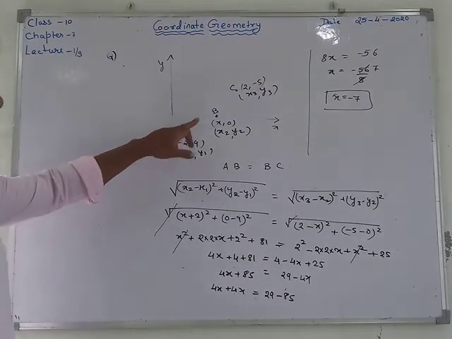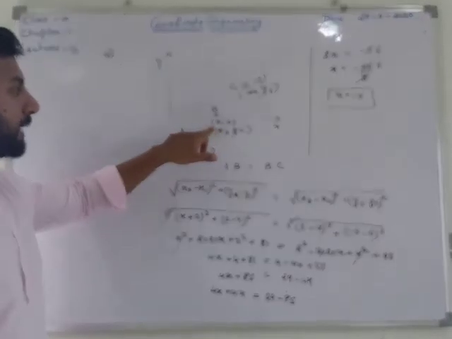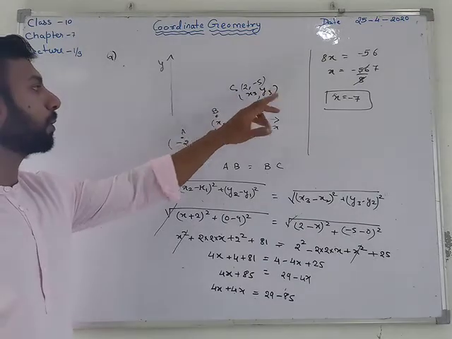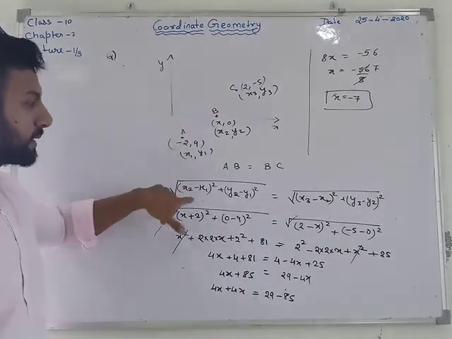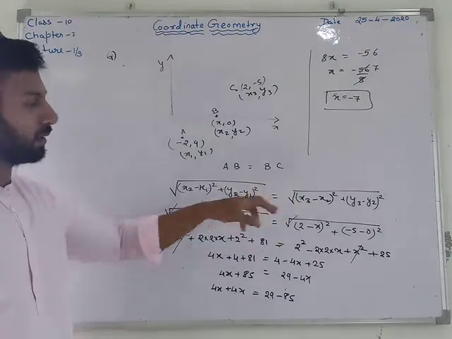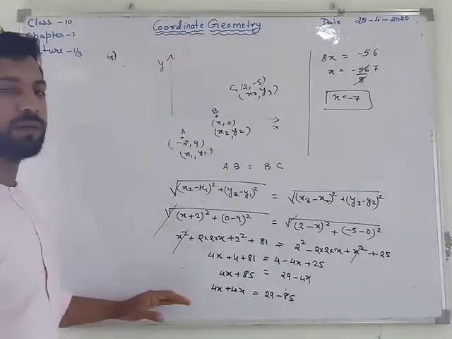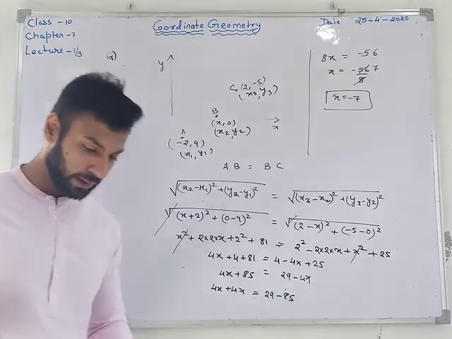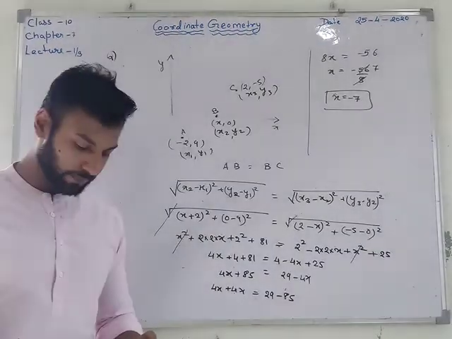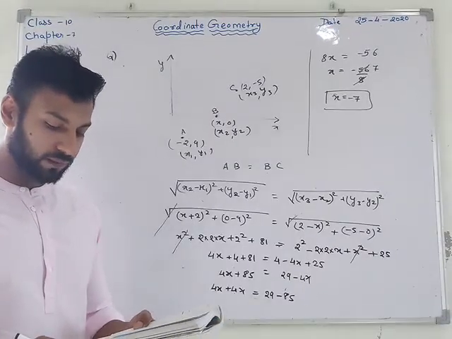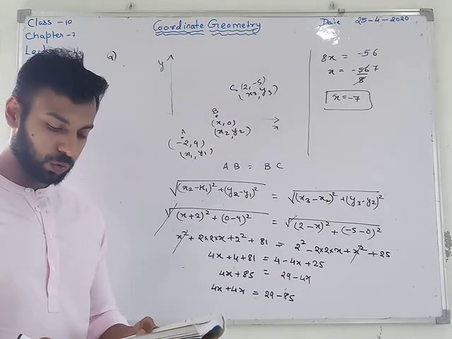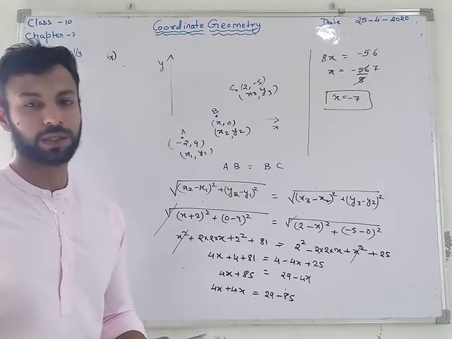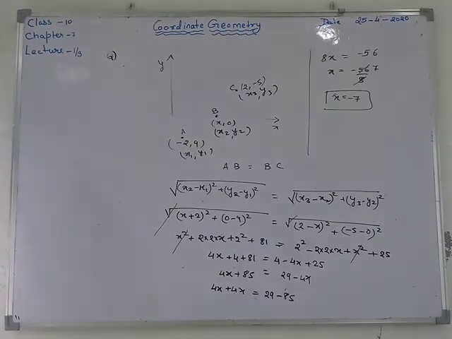We are given the point on the x-axis, meaning the coordinate will be (x, 0), and we are given the two points (-2, 9) and (2, -5), which are equidistant, meaning the distance between them is equal. By applying the distance formula, we have to solve in this manner. Now let us move to the next question. Question number 8 of exercise 7.1. Find the value of y for which the distance between (2, -3) and (10, y) is 10 units. Let us see the solution of this.